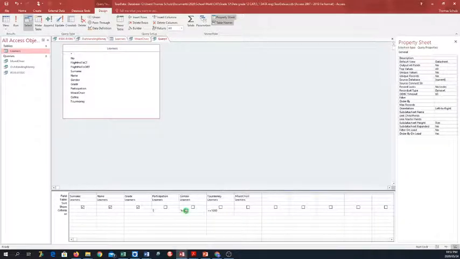So I will say here equals dance group, or you can simply say dance group. If I click there, it will select the quotation marks for us. And now it says or, and